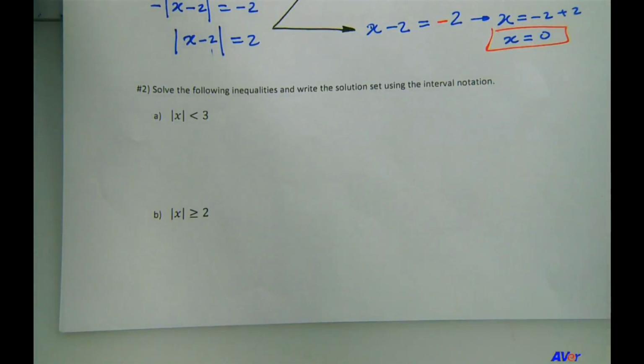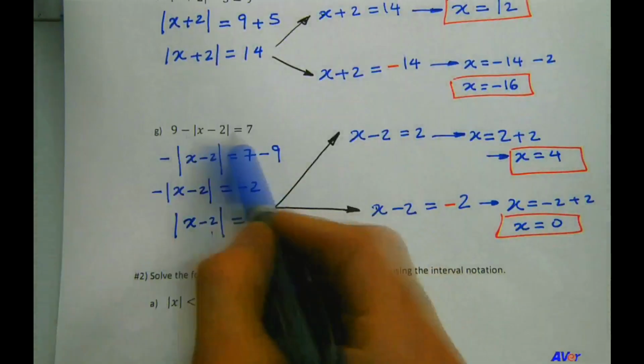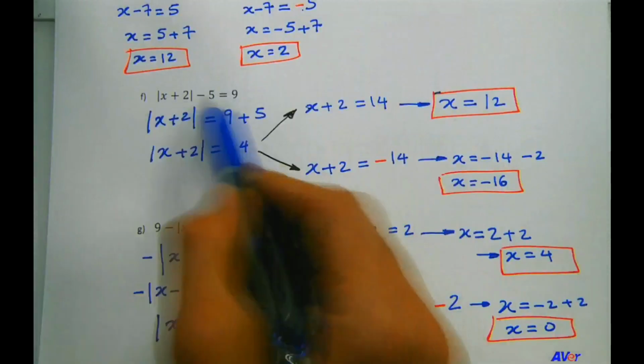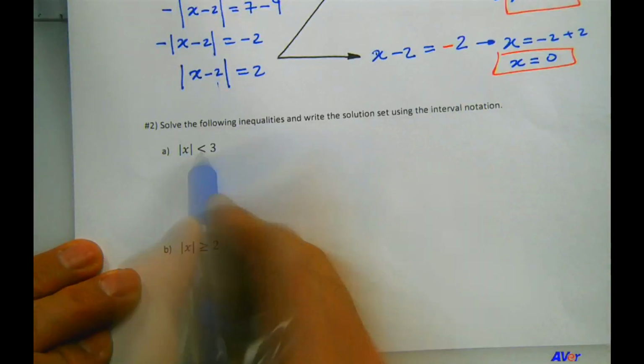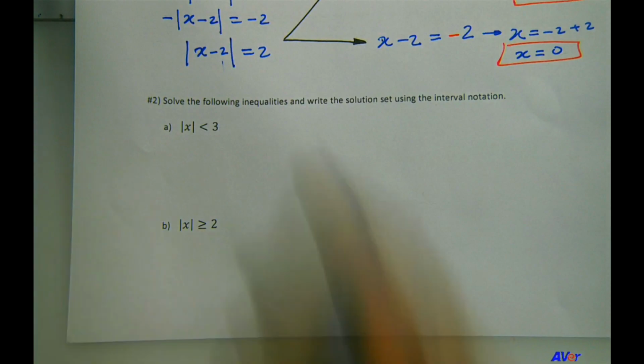Okay, so next it says solve the following inequalities and write the solution set using the interval notation. That's very interesting. Why? Well, first, now we're making the transition, right? We were solving absolute value equalities, but now we're making the jump to absolute value inequalities, right? It's different, but it's similar at the same time. You'll see in which ways it is different and in which ways it is similar. But let me ask you this. Why,